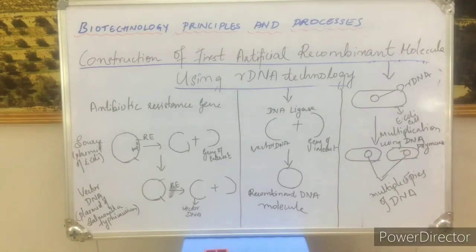So how is the large amount of product produced? You are going to grow the cultures, that is E. coli cultures or any specific cultures from which the gene is going to express, that is a recombinant DNA is going to express and form the product. So the rDNA whatever is formed here, okay, this must be passed on to the progeny cells. Then only you are going to produce a large number of cells, because when one cell is dividing into another cell, what is going to happen? The DNA replication is going to take place.